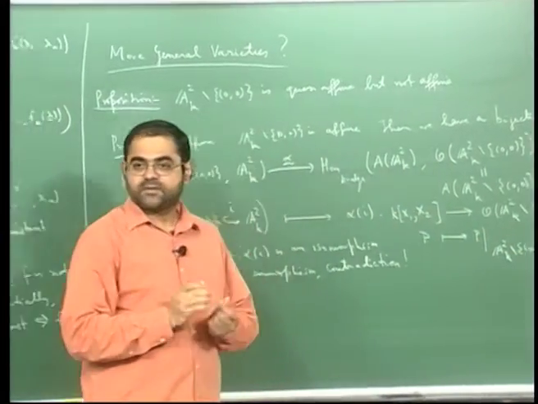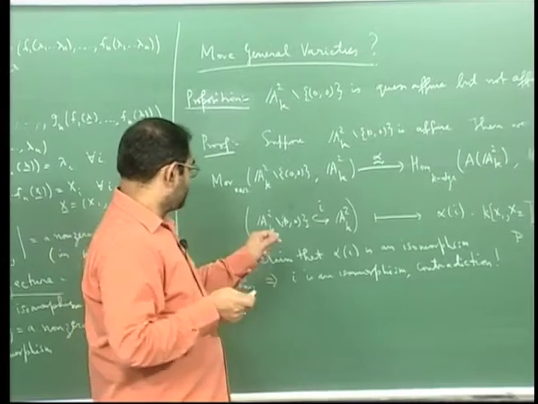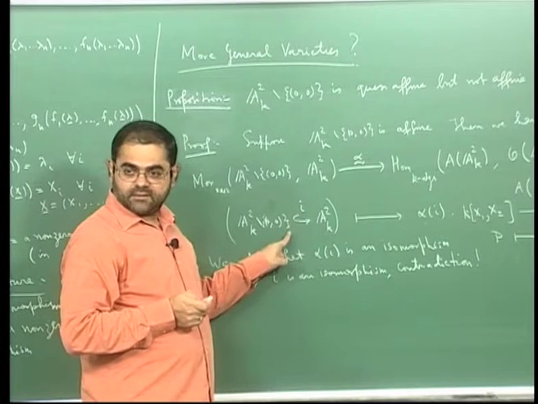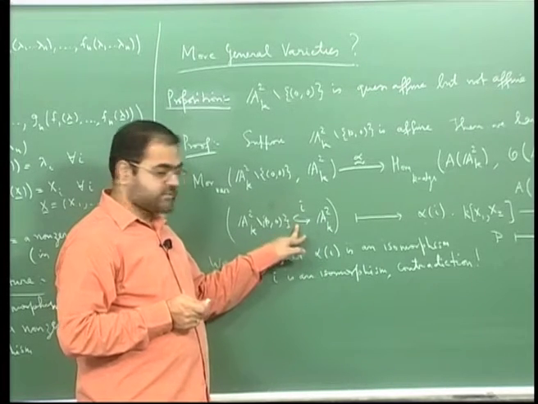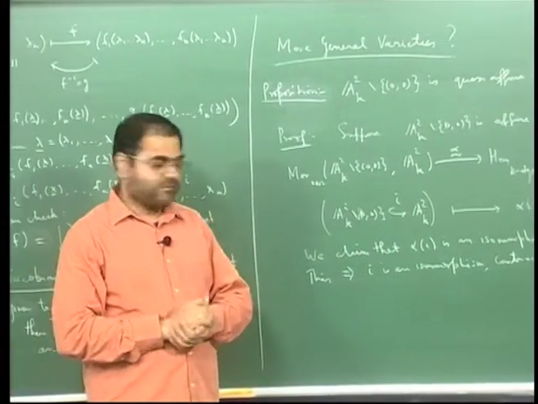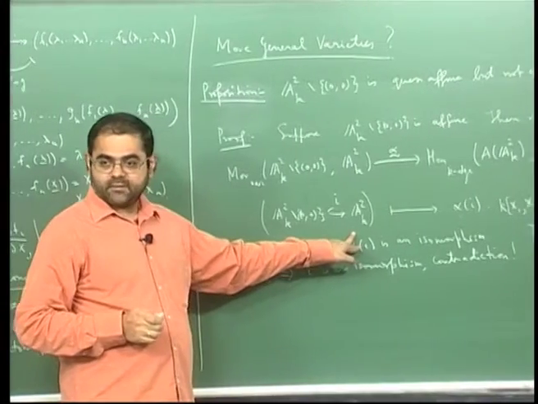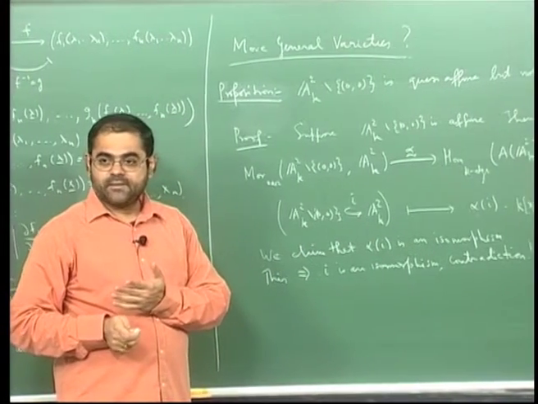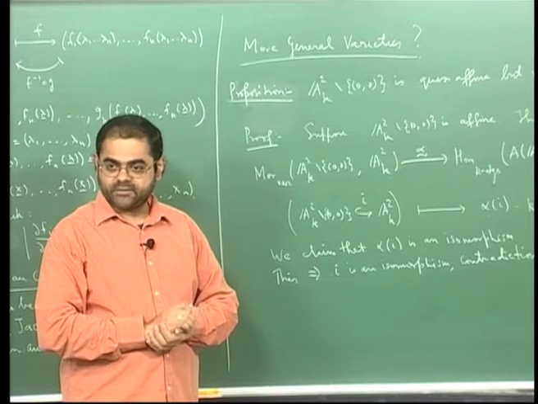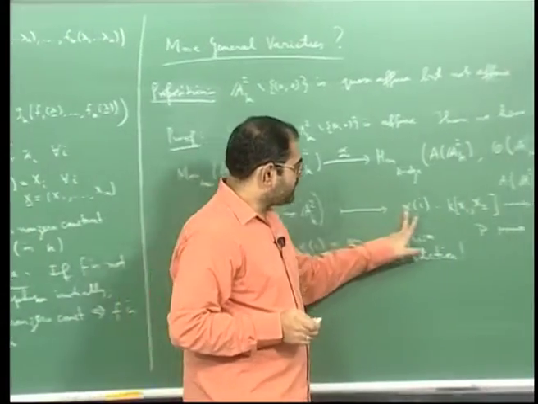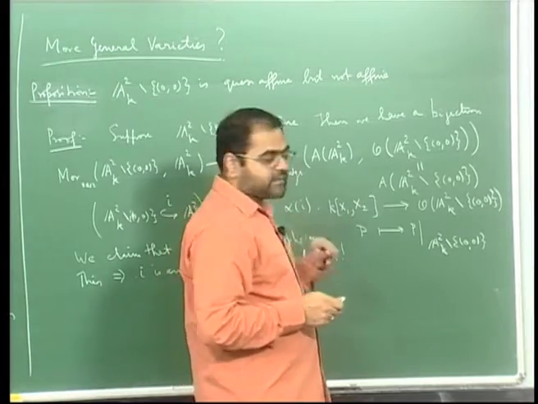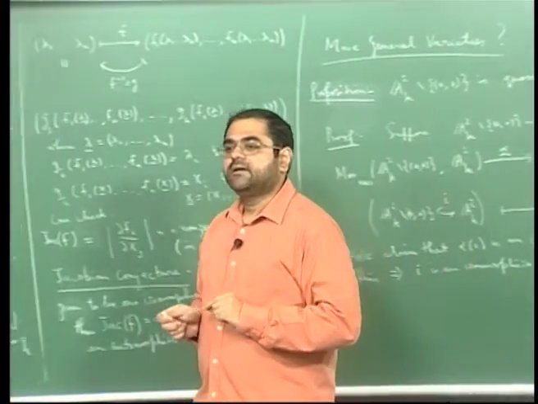This is what the map is, because pullback means you take a regular function on the target and compose it with the map. In this case the morphism is I, but composing with I is the same as restricting, because I is just the inclusion of this subset. Okay, so pulling back under an inclusion is just restriction to the subset. So what is this alpha of I? It is just: take a polynomial and restrict it to the punctured plane. Okay, now how would I show that alpha of I is injective?